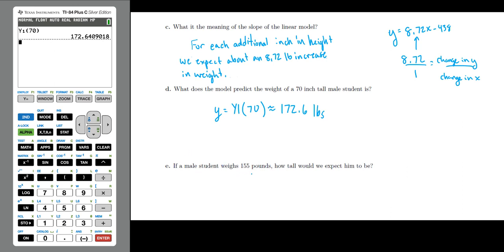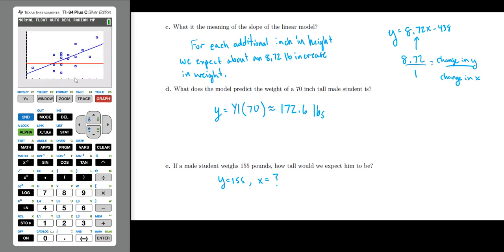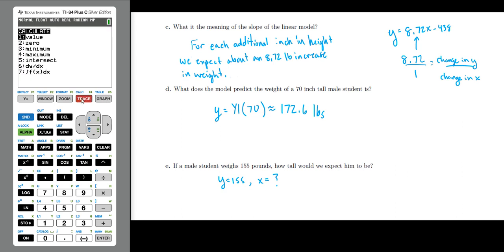And then part E says if a male student weighs 155 pounds, how tall would we expect him to be? Okay, so now they're telling me that y is 155, right? So what is x? To do this, we can use our graph. So if you go to your y equals menu, and in y2, go ahead and put 155 as the y value. And then if I go to the graph, you'll see the original equation and 155. So if you just ask the calculator, where do these two lines intersect, then that'll tell you what the x value should be. So you just go to second calc,